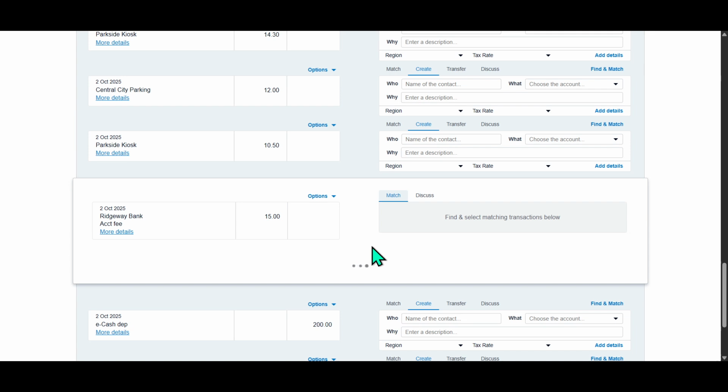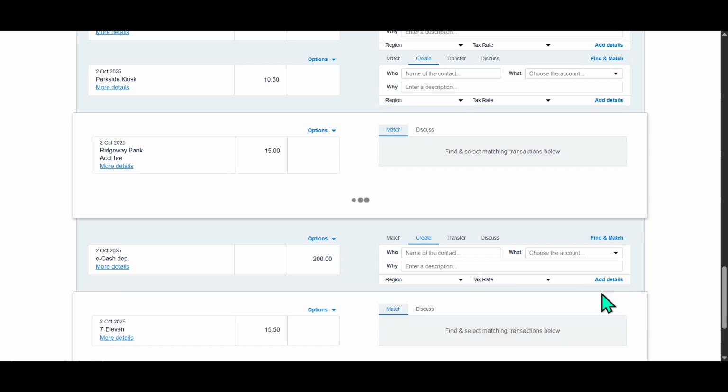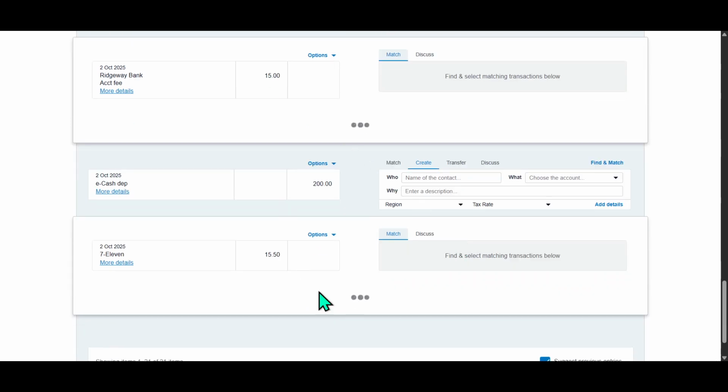This confirms that your records in Xero accurately represent what's happening in your bank account, providing you with reliable and trustworthy financial data. I hope this guide has simplified the bank reconciliation process in Xero and helps you maintain precise